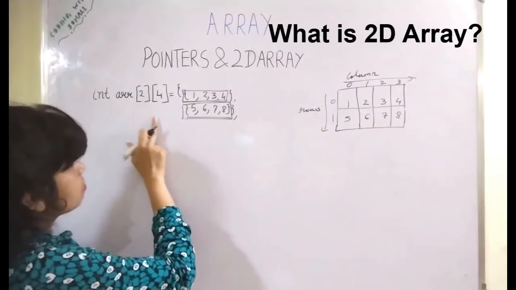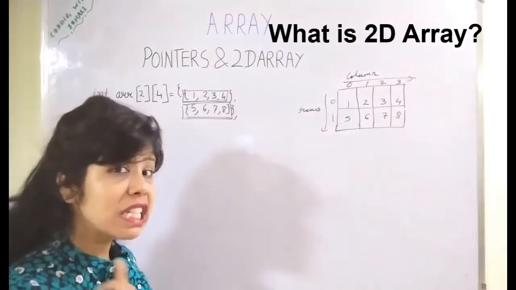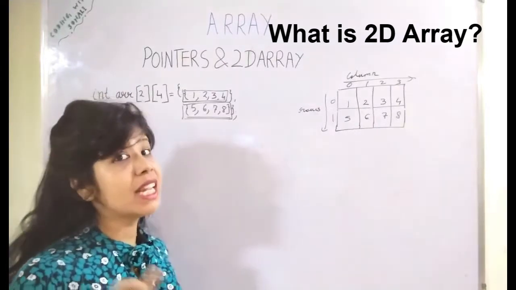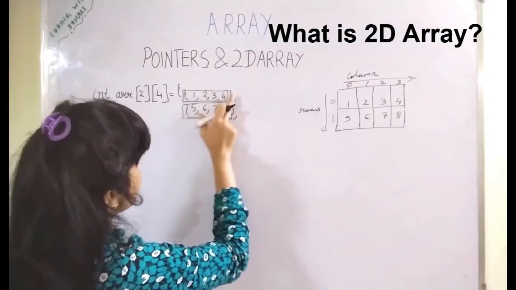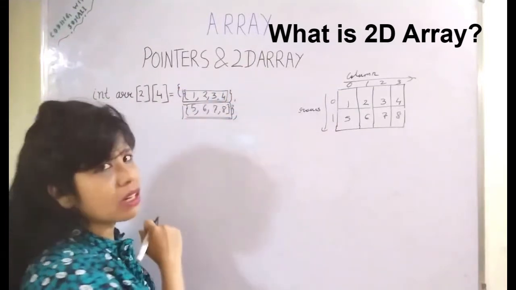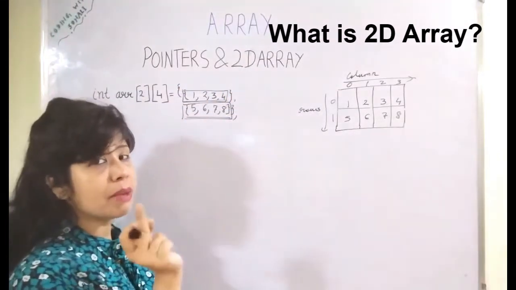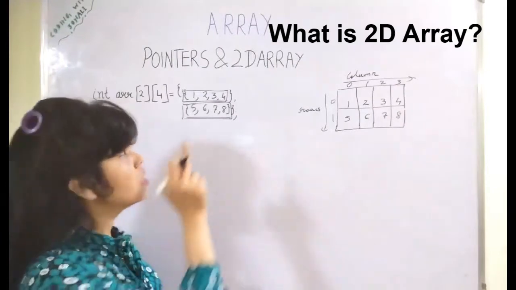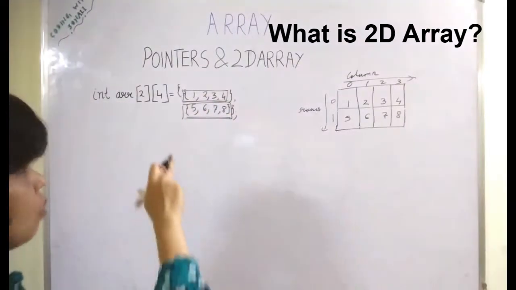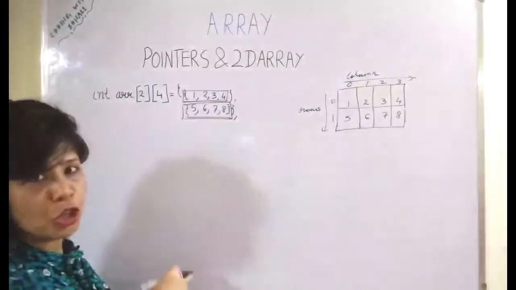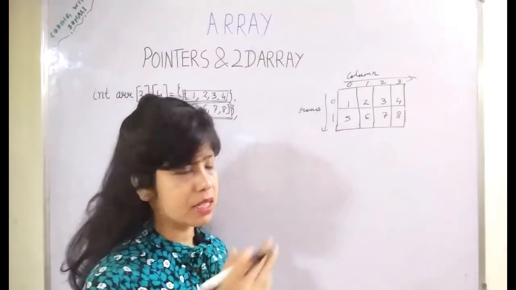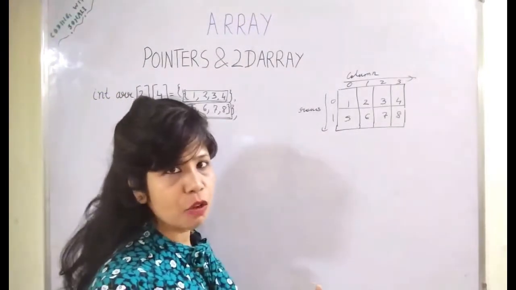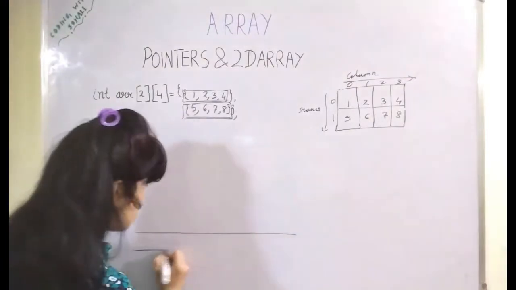First of all, what is the base address? It is the address of the 0th element of the array. In case of the 2D array, what is the element? The element is a 1D array. Therefore the base address is the address of the 0th 1D array. So how is this matrix represented in your memory? We know that memory is a long tape of bytes in one dimension, in linear form.